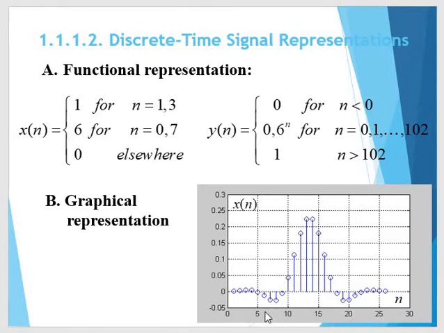If you look here, it is also taking signals at distance 1, because from 0 to 5 we are having 5 signals: 1, 2, 3, 4, 5. At the 0th level there is no value; from the 1st level we are having values 1, 2, 3, 4, 5. So they are taking time spacing equal to 1. This is termed as graphical representation.